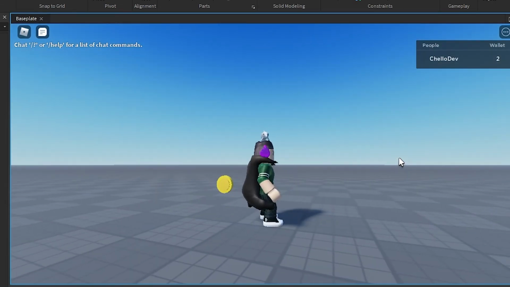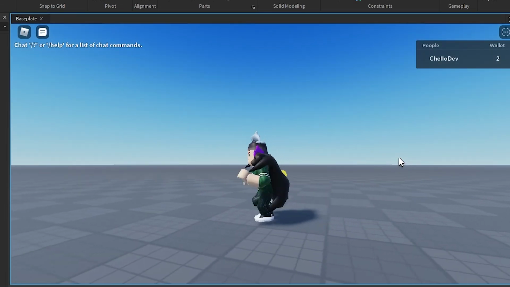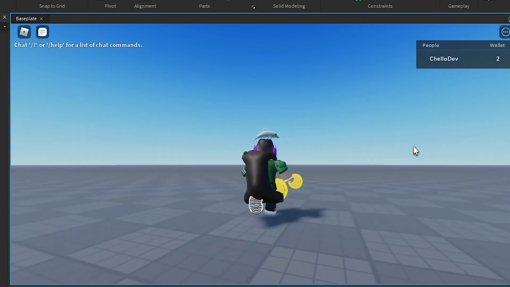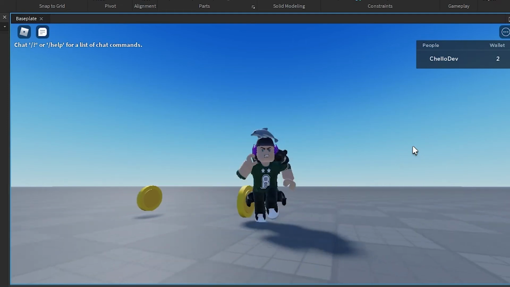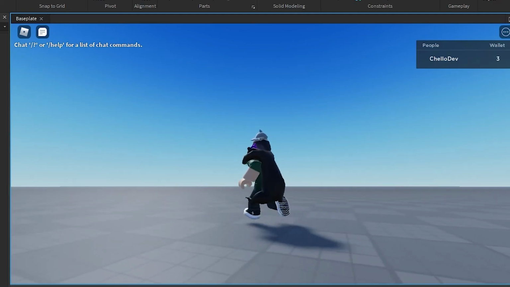And we can walk over, and it's just a constant thing. It's going to go back. So that's how you make a coin. But as you can see, these coins aren't really doing anything. So what we're going to do